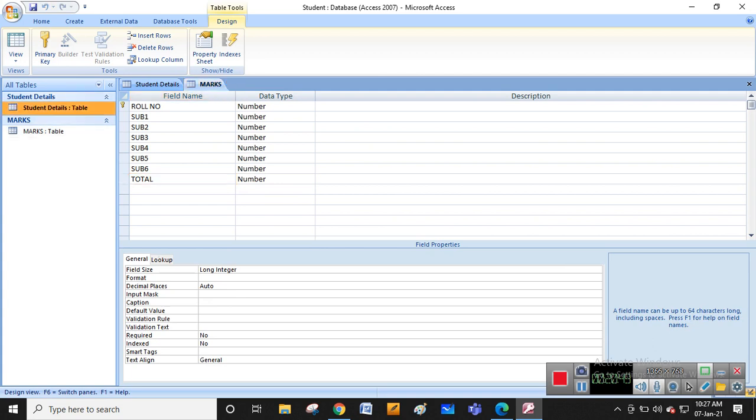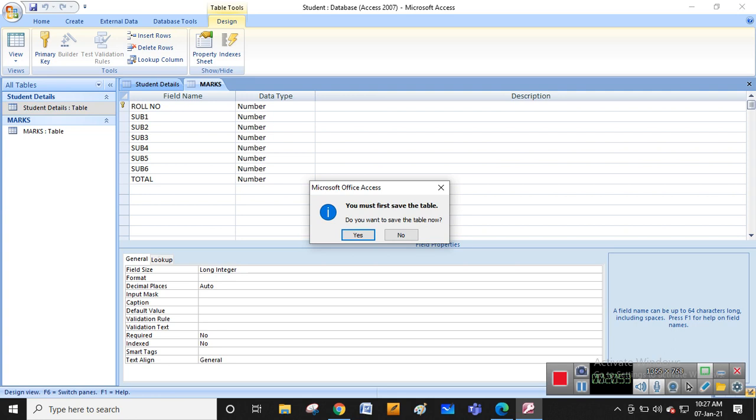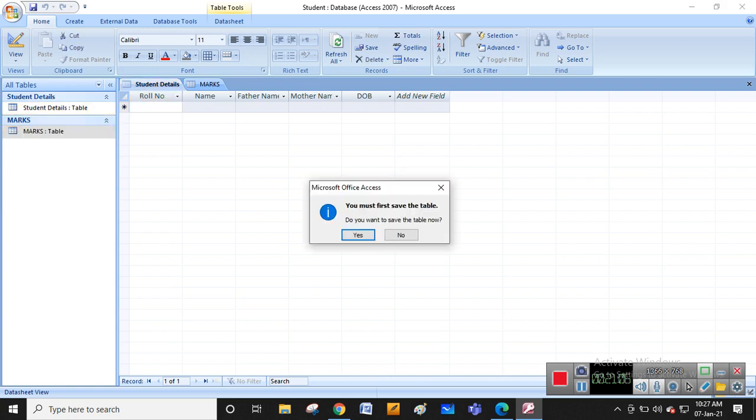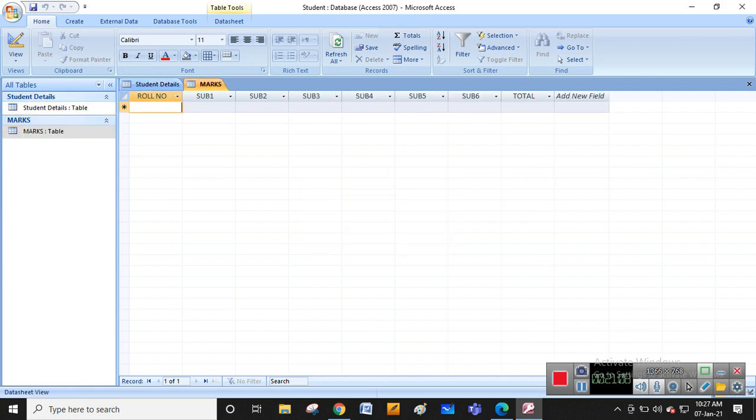Now if you want to save the tables, once you double click these tables, it asks to enter the database details. Double click here, simply double click. Yes, you get the tables. In the student table, you enter the roll number.